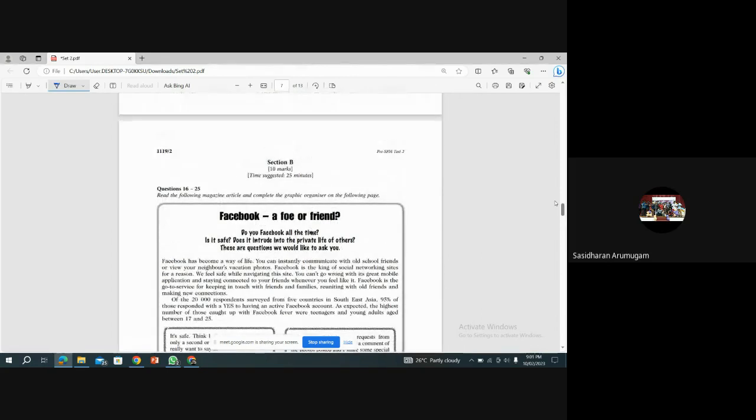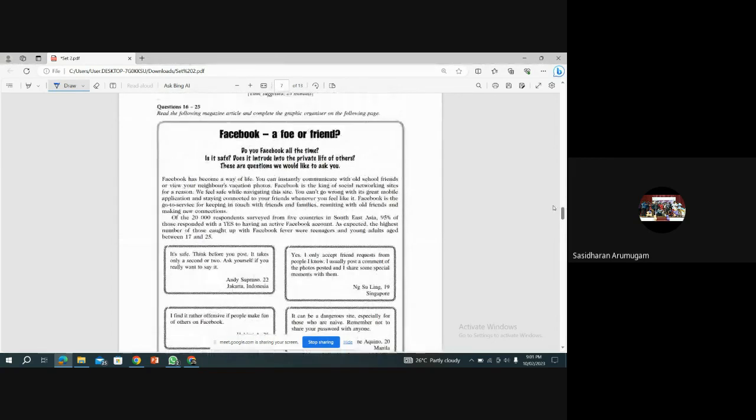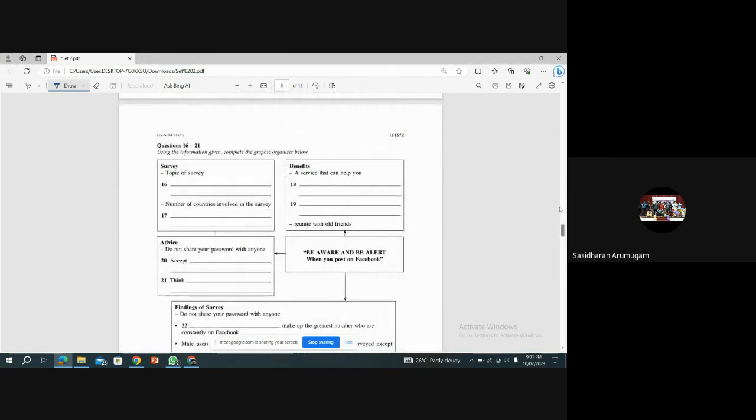So this is regarding Facebook. When it comes to information, I need to transfer the information in terms of questions, because we call that information transfer. So you must transfer